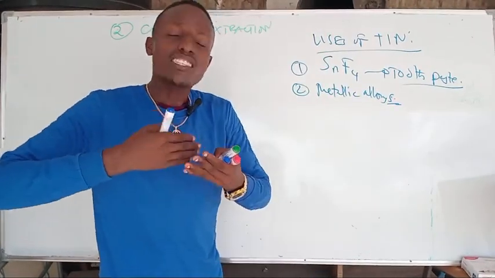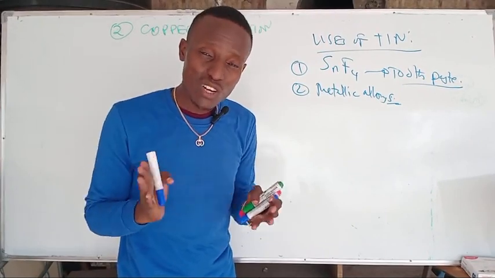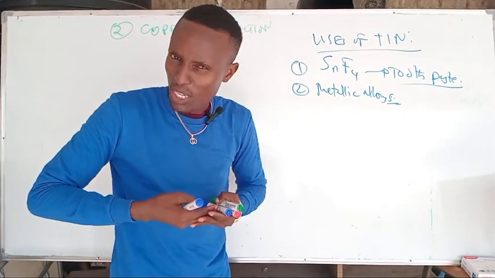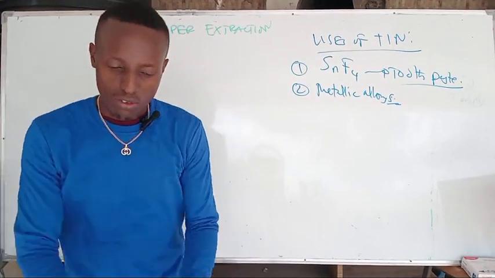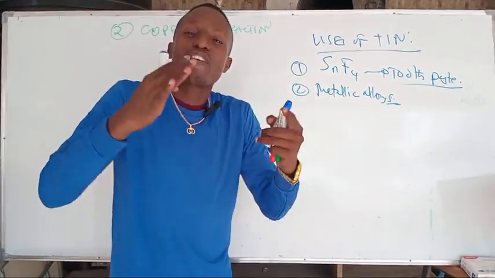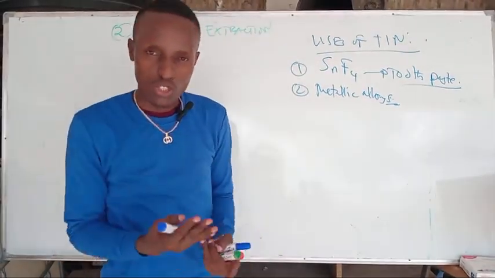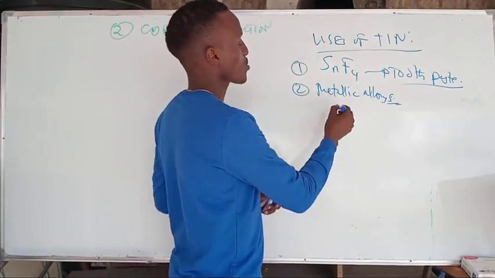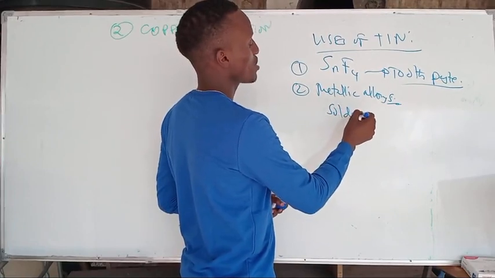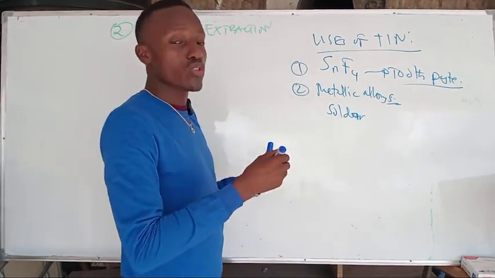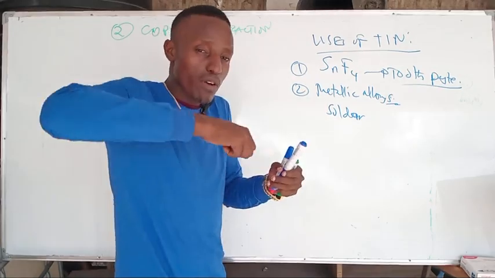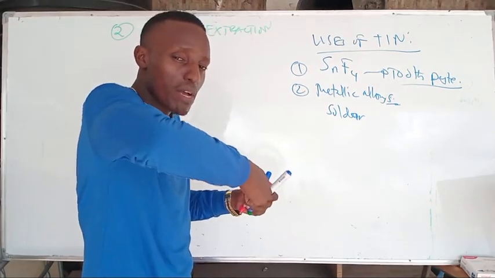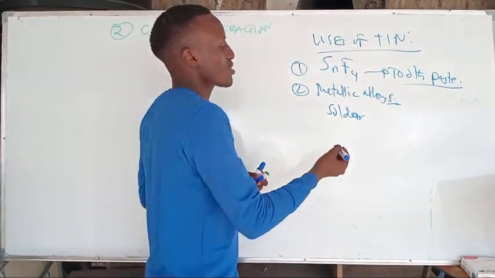You combine it, it's a solid mixture. A metallic alloy is a solid mixture of metals, so it improves the properties of the metals because the effect will be the effect of the two metals actually. So speaking of metallic alloys, for example, we can have solder, the one which is used to join metals by using electricity. That's why solder is